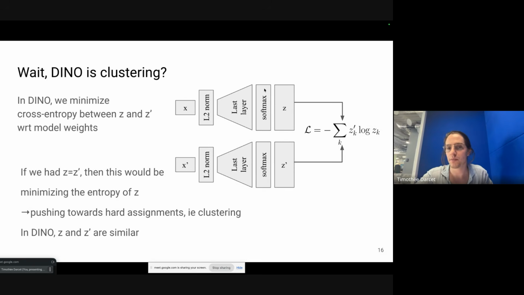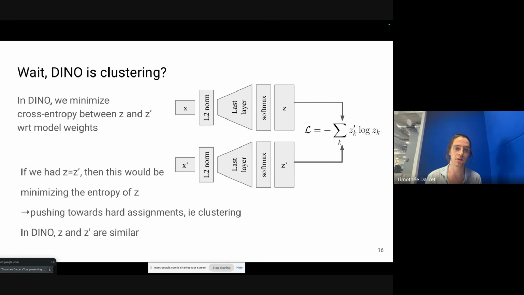Since both student and teacher sides are very symmetrical, you have x prime, z prime, just EMA. The only difference is that the weights are EMA of each other. You could imagine, okay, this is the loss, the cross entropy loss. If you really had perfect symmetry, like if the EMA momentum was 0, and so z equals z prime, then this loss is not a cross entropy, it's just the entropy. And if you try to minimize the entropy of something, you're pushing it towards a very peaky distribution, towards